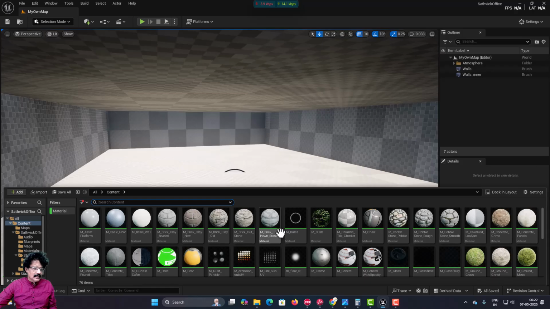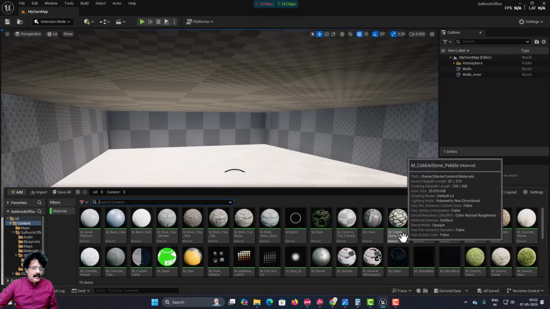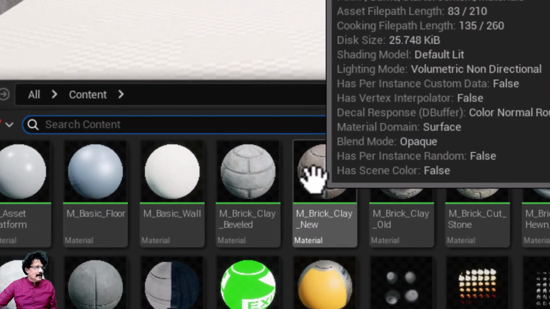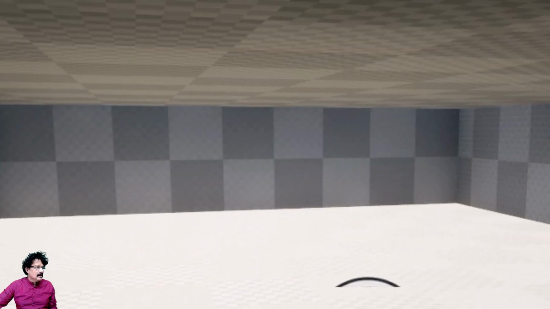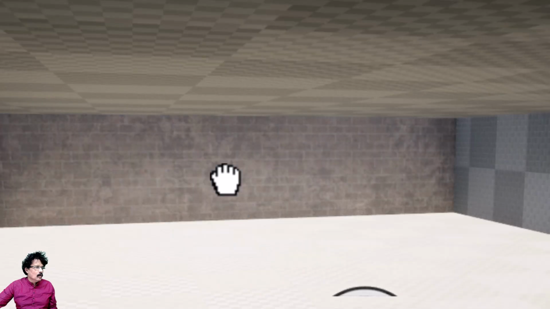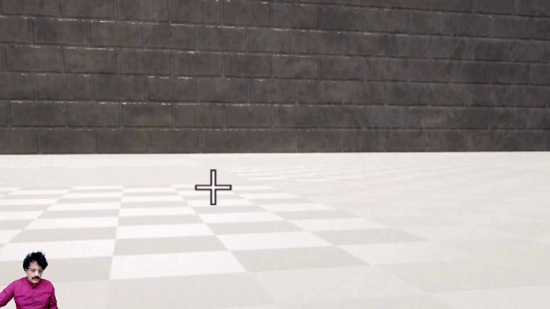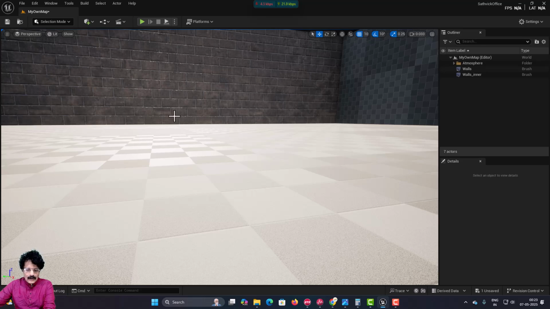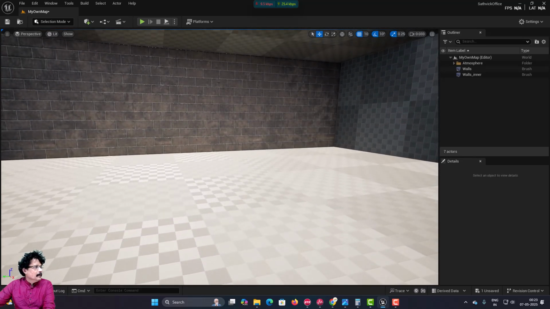So, when I select material, you have various materials available here. Say for example, I can take this brick clay, and if I just drag it and put it onto any one surface here, you can see here. I will just left click and press E to move to the top, and you can see that this is made with brick. Now, similarly,